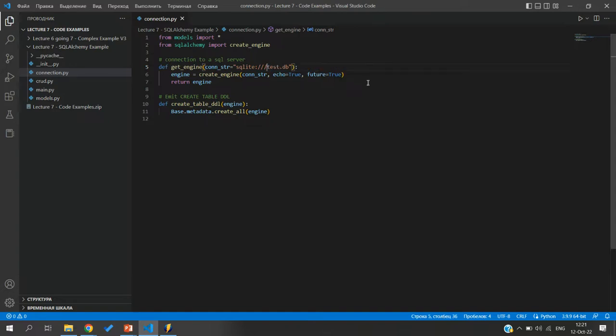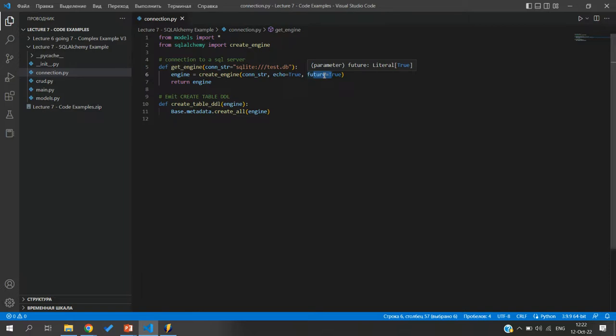Okay, for now we are going to use just SQLite, and this is faster. So we are going to create an engine. This is clearly some SQL server, and we are maintaining some connection. We provide some connection string. We have echo true and future true. I don't remember the exact description, but future true means right now